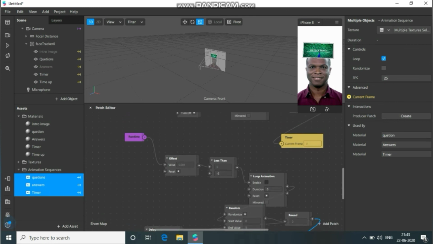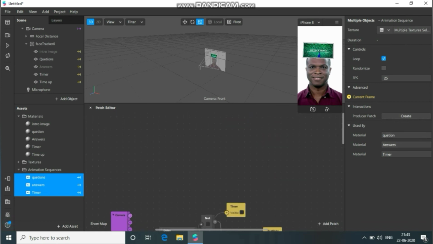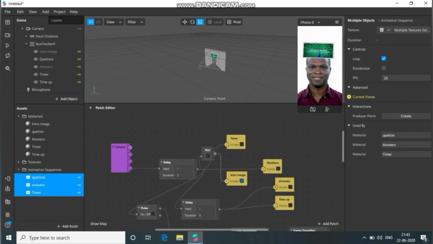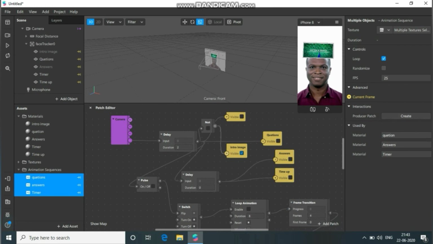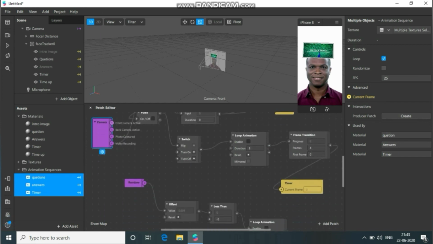Here it will be there. That one we need to connect to this camera video recording. We should drag it down so that we can connect it easily. Yeah, this reset of offset, connect it to recording. Yeah, now the design logic gets completed.